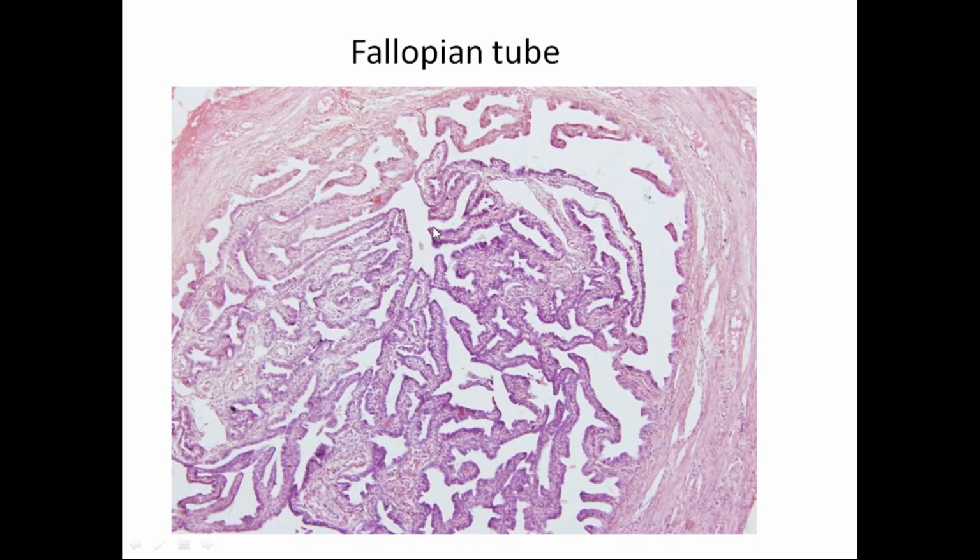The fallopian tube, again, it's pseudostratified epithelium. You see the folds which are present here. They have primary folds, secondary folds, and tertiary folds. The whole lumen is just filled up with the folds of the uterine tube. Again, a pseudostratified, ciliated columnar epithelium, which helps in propelling the ovum towards the uterus. So one has to